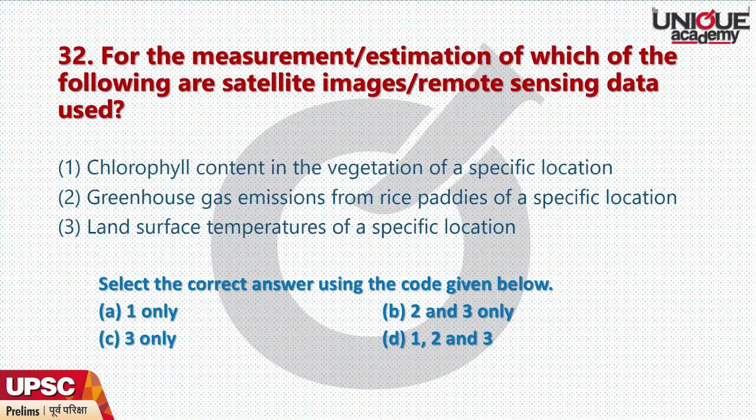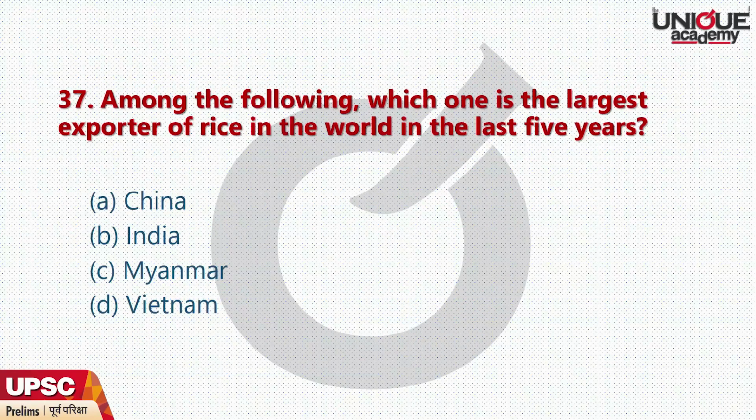So greenhouse gas emissions is very much already being done. Land surface temperatures of specific locations, that is the oldest use of remote sensing data. So basically 1, 2 and 3, all of them are true. Please do not get confused thinking option 1 might be false and then mark B. So the correct answer for this is D. Coming to question 37, which is also fairly straightforward. Which one of the following is the largest exporter of rice in the world in the last 5 years? That is obviously India. India overtook Thailand as the largest exporter of rice way back in 2011-12, and since then